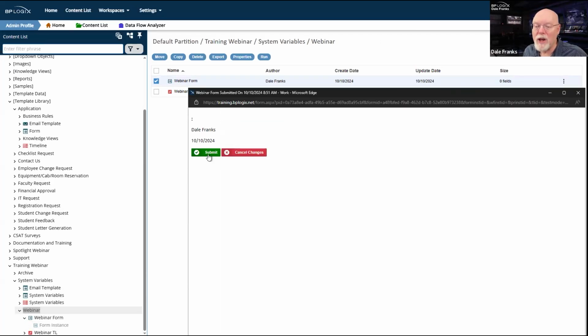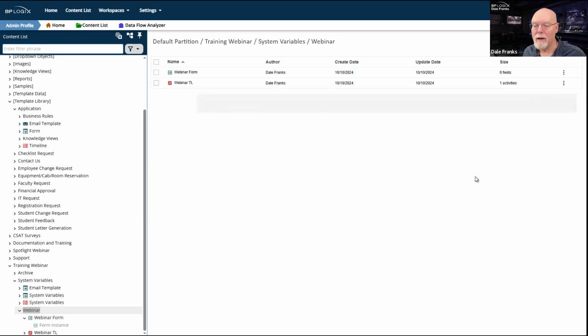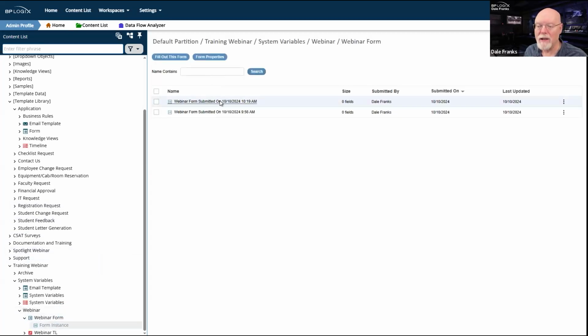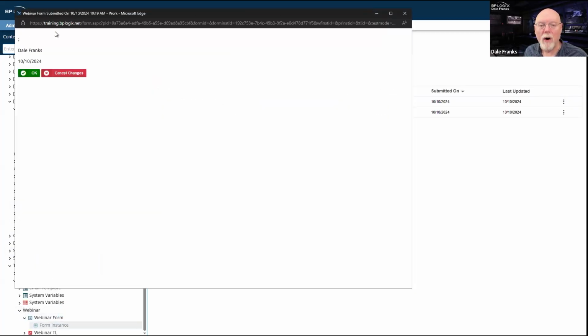Now, if I use the pre-post setup for the system variables, I can actually just put all of the text that I want in there with the knowledge of knowing that it's automatically going to appear whenever it's in context and it's automatically going to disappear whenever it's out of context. So if I complete this task, and of course it closes my form, we'll have to go back in and find my second form instance and reopen it. Once again, no instructions at the top.